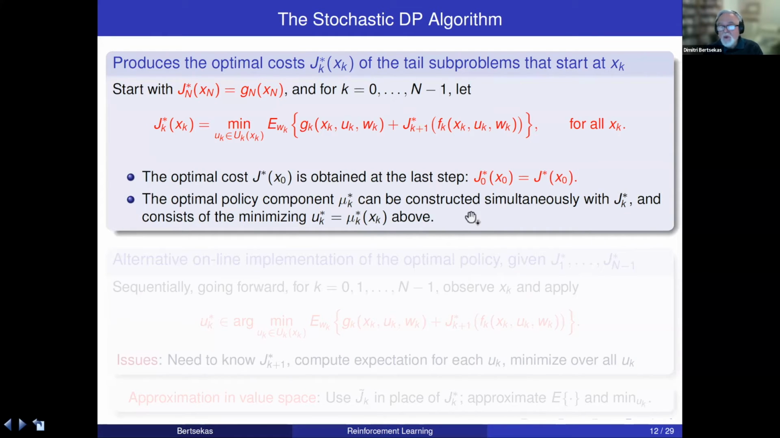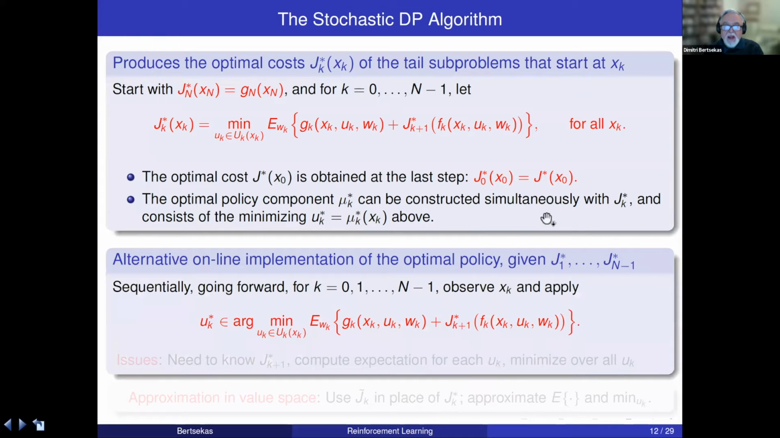Now that's one way of doing it, but there's another way. You can view this calculation backwards as offline training. We compute all these J stars. Suppose that we have computed these J stars. We can implement the optimal policy by online play, sequentially going forwards. Observe at each state k the current state and apply the control that minimizes in this expression. In this way, we implement the optimal policy